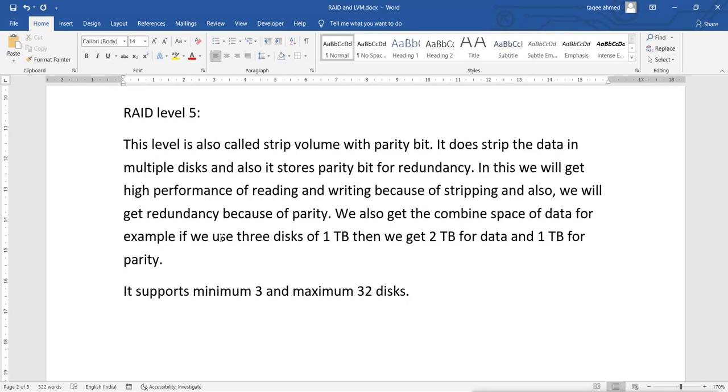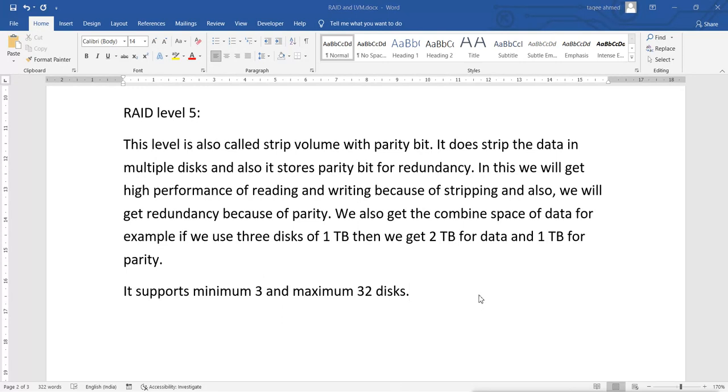If you lose 1 disk, you can still get the data. As I said, your RAID will be at risk, but still you will get the data. But if you lose more than 1 disk, for example 2 out of 3, or 2 out of 4 disks, you will lose the data.